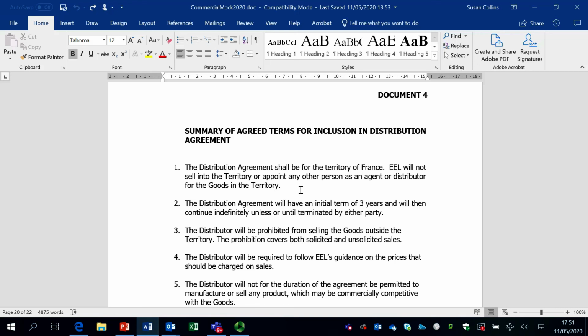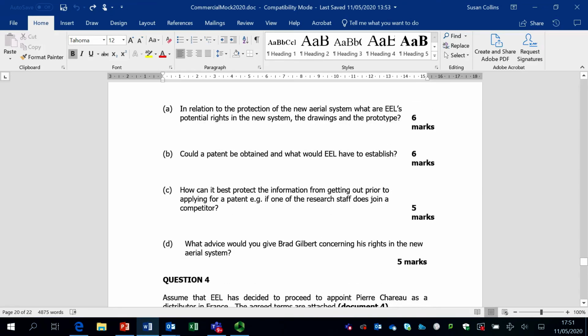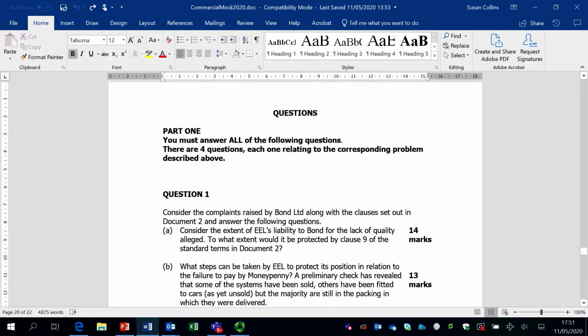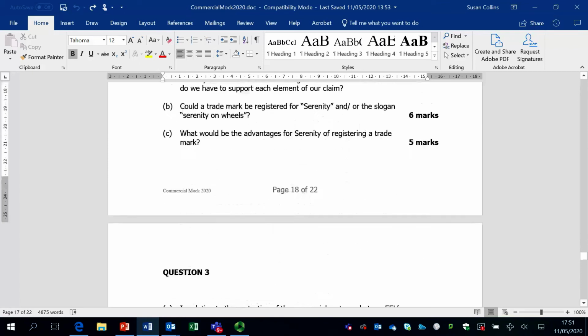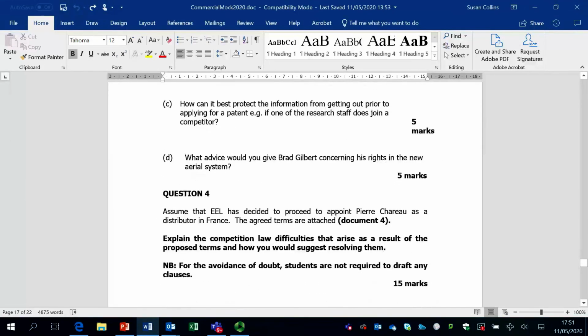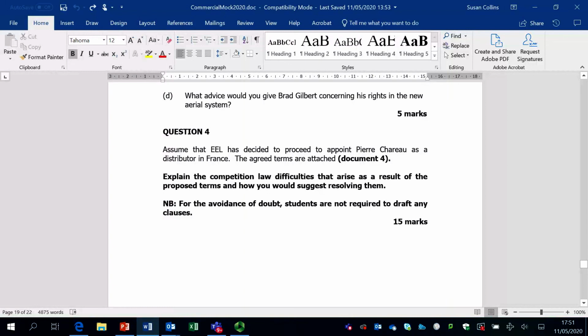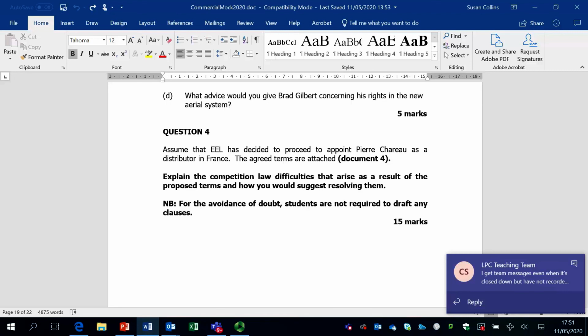Now, the key thing to note here when you start answering this question is that you've got very little information about the companies in question. So we're simply told that they've decided they want to extend into Europe and that they're going to appoint a distributor. The key thing that you don't have anywhere here is any information about market share. So that means, therefore, that you would need to talk about all the different possibilities in your answer. So you'd need to say, first of all, that this is